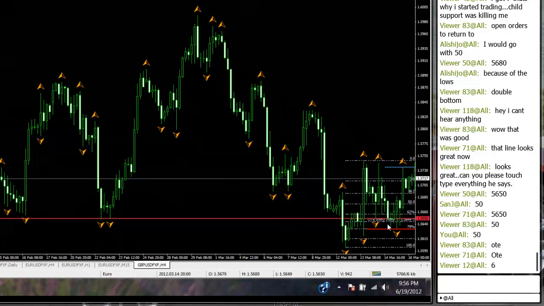So now watch what happens. Price trades up, comes right down into optimal trade entry, and guess what? Look where the 79% retracement level lays. That's the low. Moving on out in time,